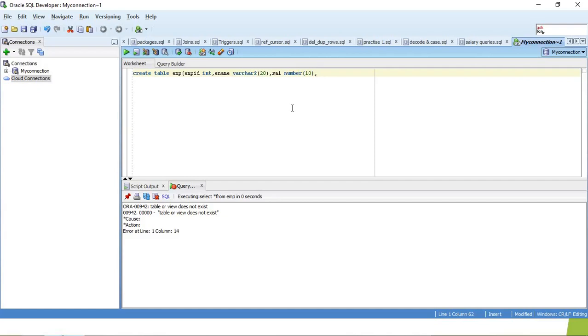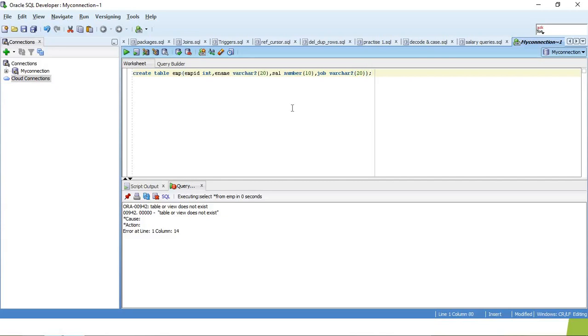What is the job of the employee? So I want to give job, and the data type is varchar2 of 20. Job is in characters only, so varchar2 of 20. These are enough for creating an employee table as of now.